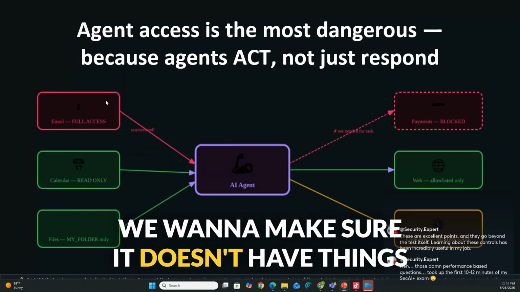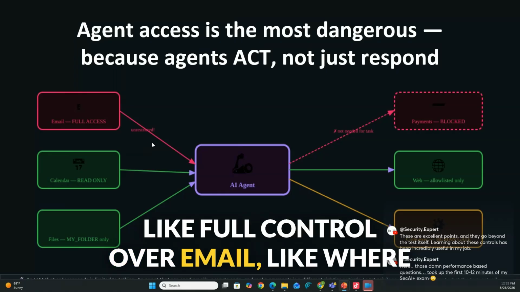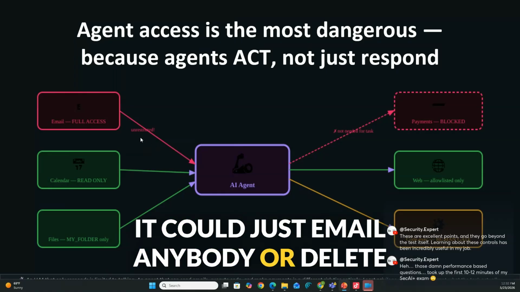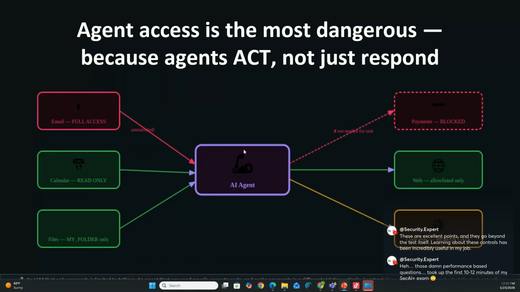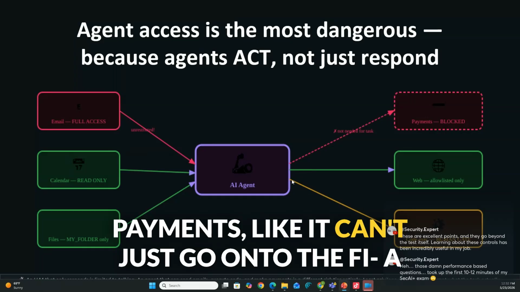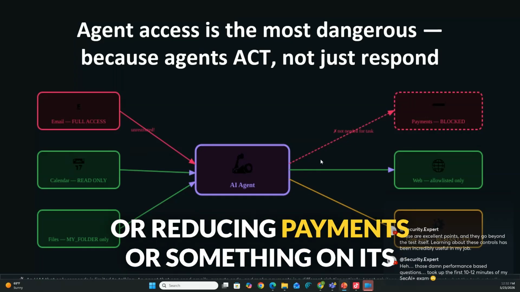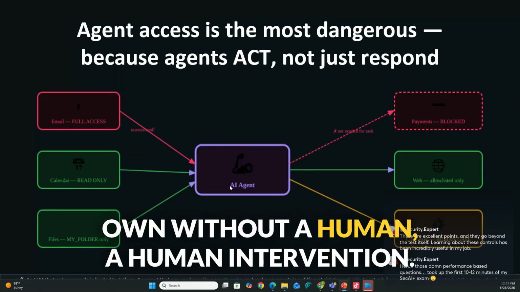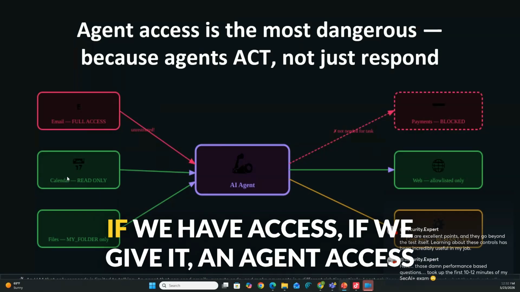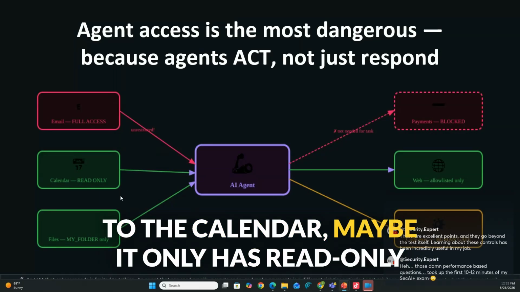We want to make sure it doesn't have things like full control over your email, where it could just email anybody or delete any emails it wants. We want to make sure that with payments, you can't just go onto a financial system and start making payments or reducing payments on its own without human intervention. If we give an agent access to the calendar, maybe it only has read only